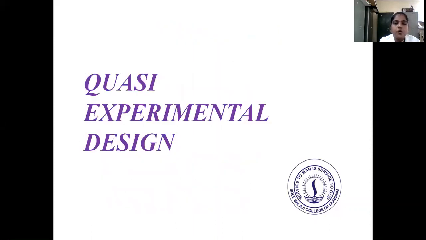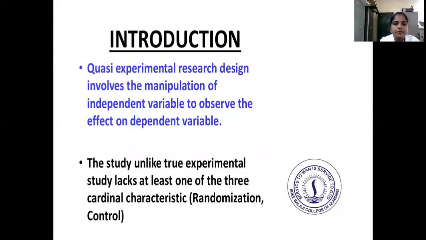Next, we move on to quasi-experimental research design. In quasi-experimental research design, the three characteristics that are there in the true experimental design, if any one characteristic is missing, it is called quasi-experimental research design. Let me give the introduction about quasi-experimental research design. Quasi-experimental research design involves the manipulation of independent variables to observe the effect on dependent variables.